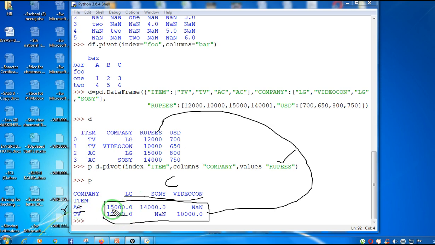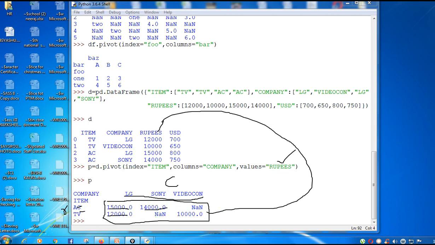So for AC LG, you will find 15,000. Data will not change, it only rearranges the data. Pivoting will just rearrange the data. The data will remain the same. AC LG is 15,000. AC Sony is 14,000.